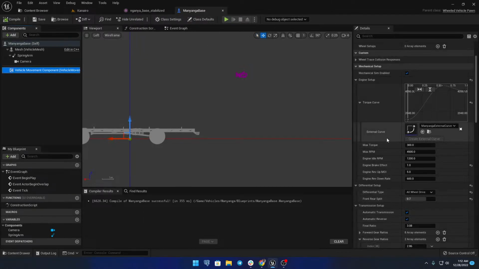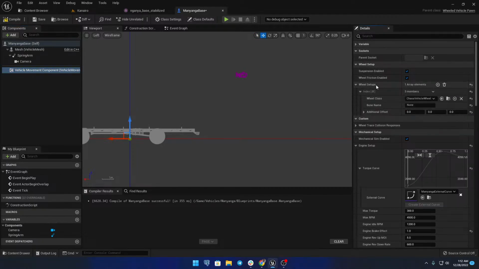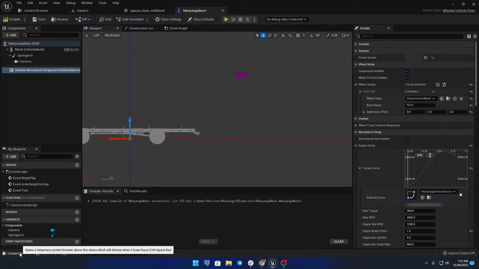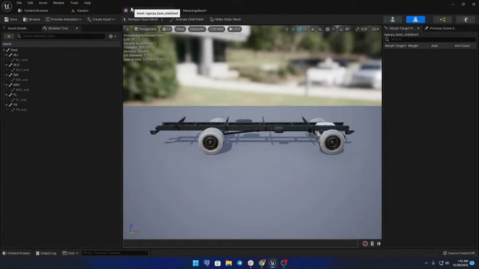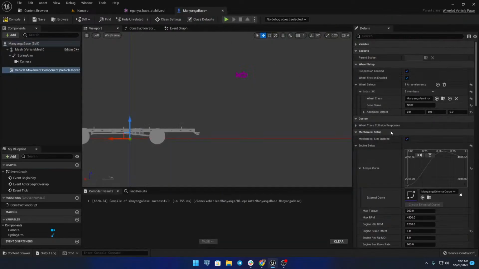And the next thing you need to do is add your wheels. So go to your wheel setups, add an array, and then look for the wheels that you created here. So you can just come and select them. I'm going to pick the front one and just drop it here. And so with that selected, go back here to your mesh, right click on your wheel. So the first one for me is going to be the front left. So right click on FL, copy selected bone name,